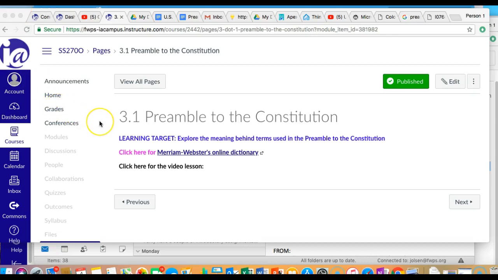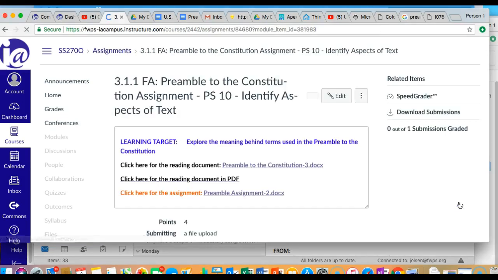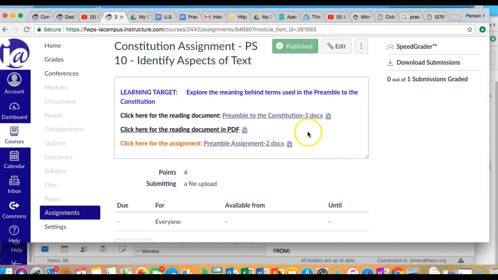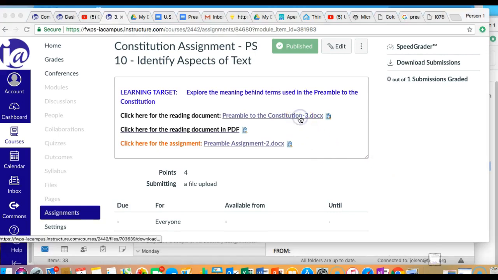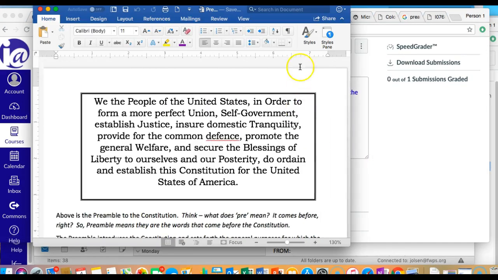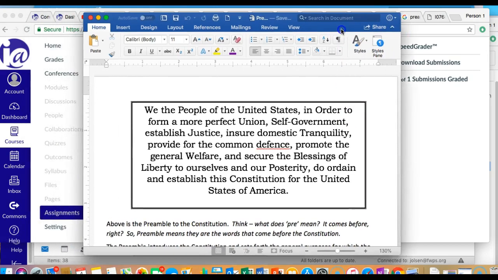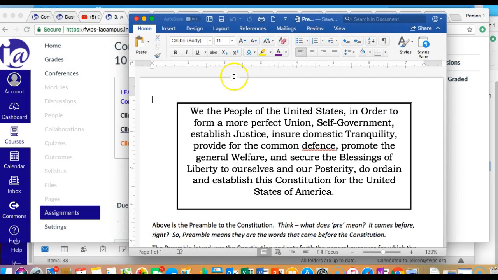Today's lesson is titled Preamble to the Constitution, and we are going to begin with our learning target, which says that you will be able to explore the meaning behind terms used in the preamble to the Constitution. So what I want to do is go to this next page, where in the assignment part I have given you the preamble. Okay, so I want you to have this visual and then just listen as I talk a